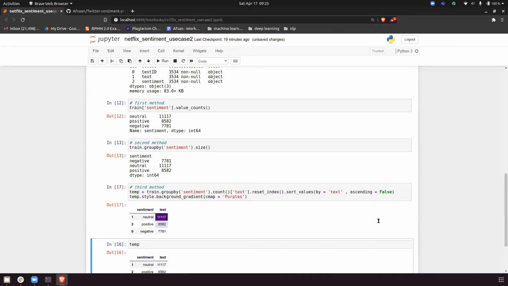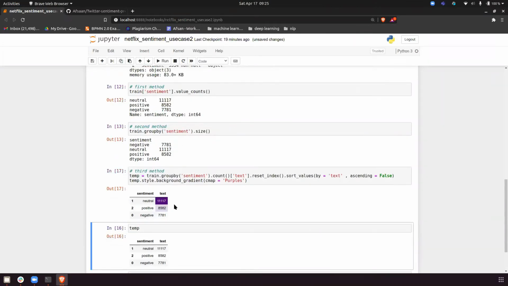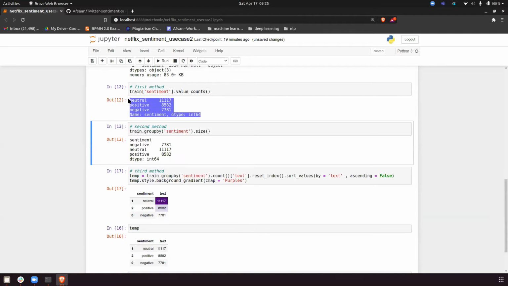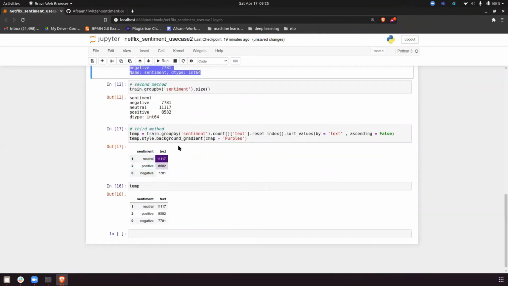So this looks more intuitive and pleasing to our eye, right? If I am showing the data to a client, I can show it like this. The earlier way is not a good way to represent it because it is not graphic, it's just information. The only thing I have done is represent the data in a good form. That's it, nothing else. So it's up to you whether you want to do this or not. Just another method, that's it.